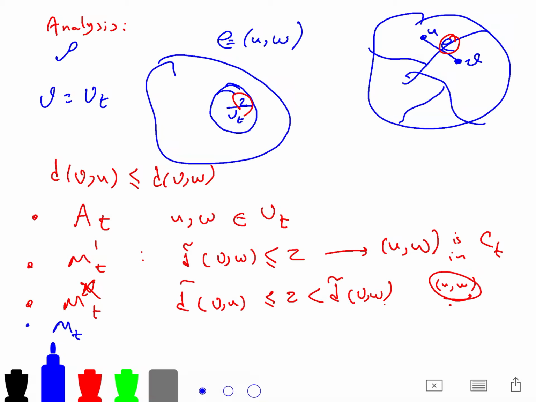And we have MTN, in which both U and W are not included in the cluster C of T, and therefore pass to the next stage. We need more stages. And finally, we have the event XT, which is the event that U and W is in none of the clusters. And note that the probability of A0 is 1. And you can see the proof that